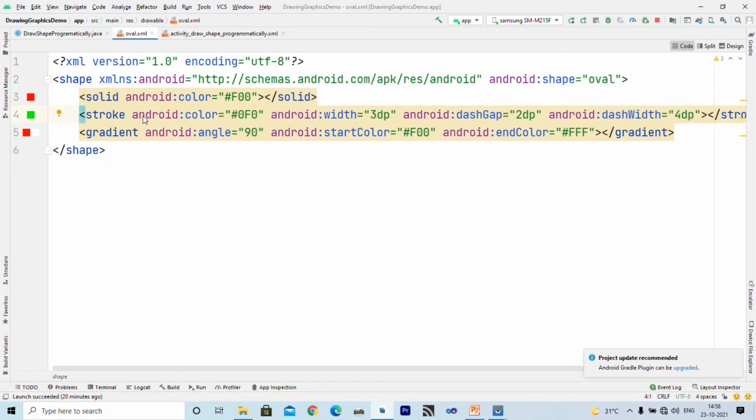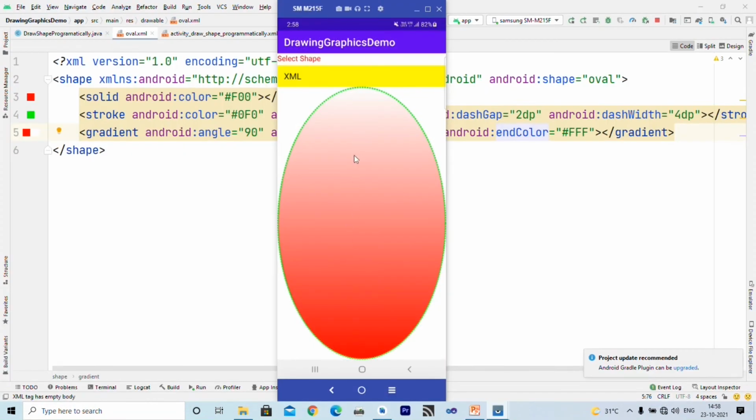So using stroke we can specify the border, and using gradient we can specify the angle, start color and end color. So here you can see it is a combination of red and white. The last FFF specifies white.